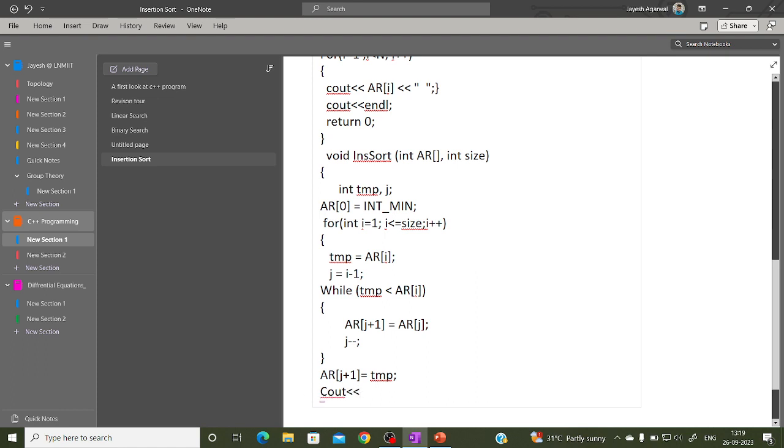cout array after pass, right? So what? The array after completely filtering out the ascending and descending order and making the array into ascending order after pass is